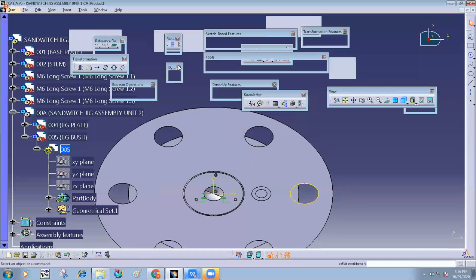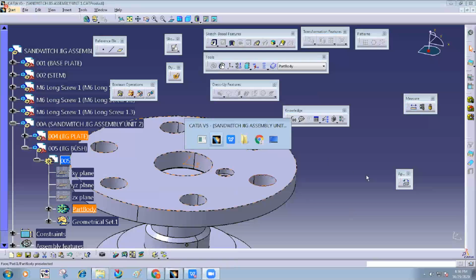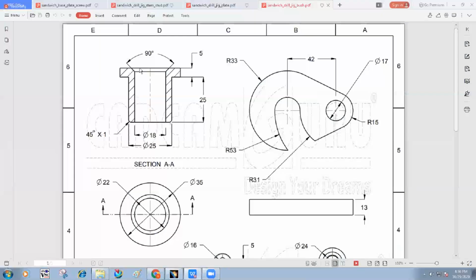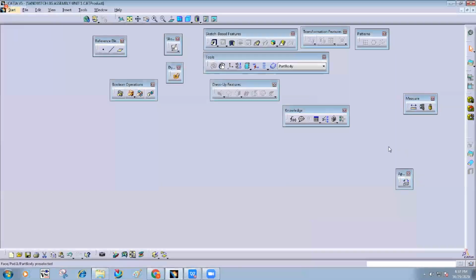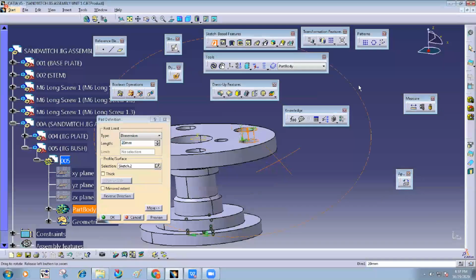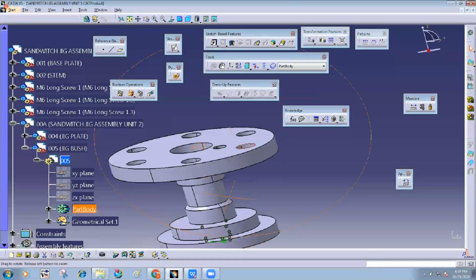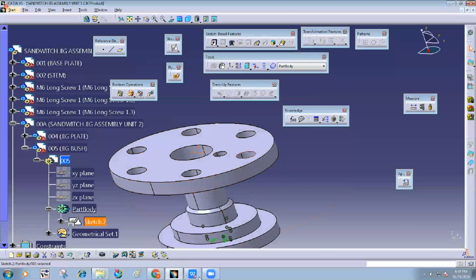Exit. What is its size? Height is 25. So make the pad. But the problem is this sketch should start from the bottom side.